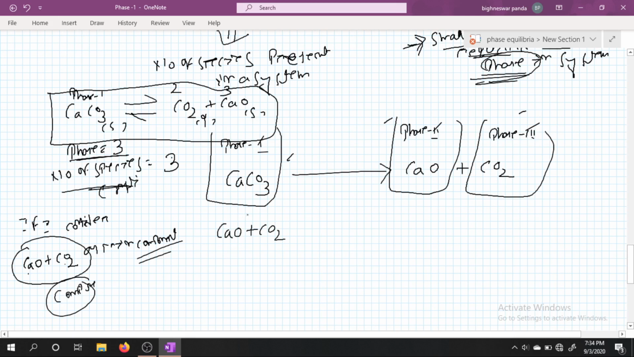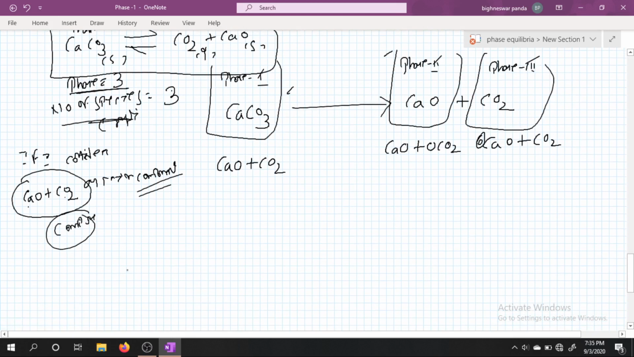In order to explain phase 2, I can simply write calcium oxide plus 0 carbon dioxide. In order to explain phase 3, I can write 0 calcium oxide plus carbon dioxide. So calcium oxide and carbon dioxide are the minimum number of component, and by using this minimum number of component we can easily explain the phases. If you are not in favorable condition for calcium oxide and carbon dioxide, then you can consider